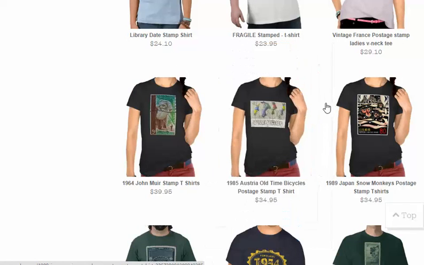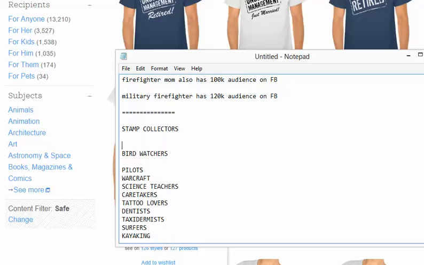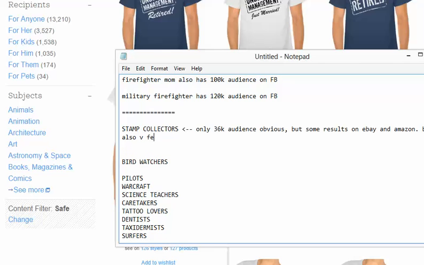But there are some pictures of stamps. So for this one, I'm going to write down only 36k audience, obviously, but some results on eBay and Amazon, but also very few on Pinterest,